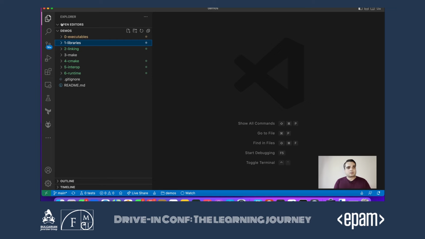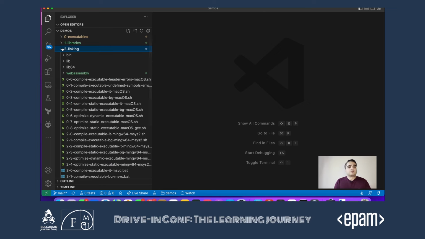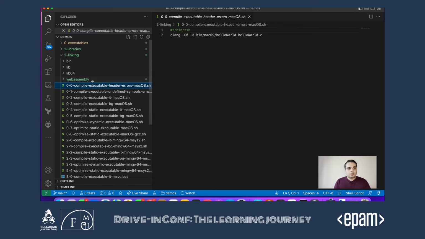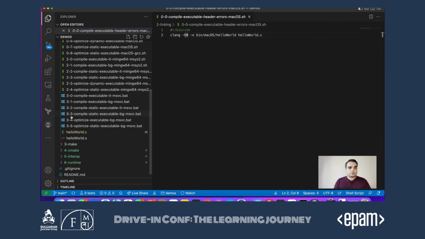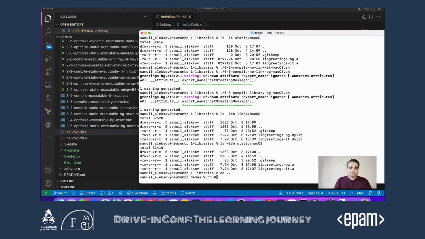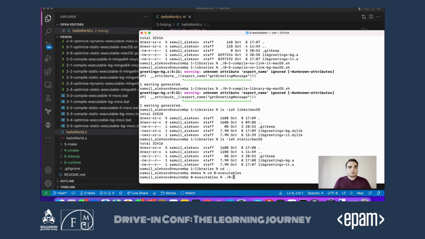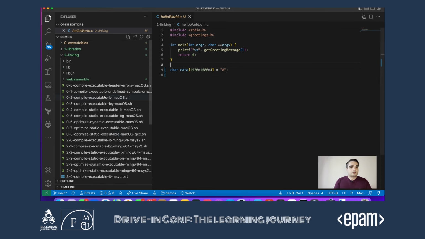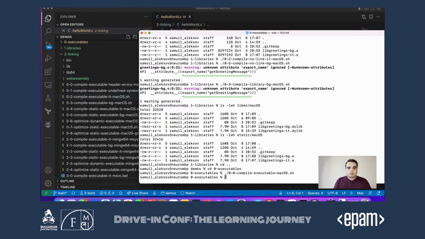So let's actually start using our libraries. For that purpose, we need to link into them. So first of all, I have a script that doesn't work. We're going to call our compiler with an executable source code file. So we have a main. We want to call the get greeting message from our library. We have included the header in the source code, and we still have some garbage to optimize away. But if I call the script, I think it was 00. I'm in the wrong folder, of course.